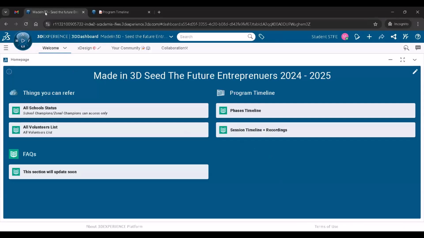Again, after going back to this slide, we are seeing the session timeline plus recording. Many of you have been attending the past sessions which have been carried out, the webinars, Ask Me Anything or themes related webinars. All these webinar recordings will be available to you, so that even if you are not able to attend these webinars live, you can go to these recordings and refer to them anytime, in your free time. You can just click on this,